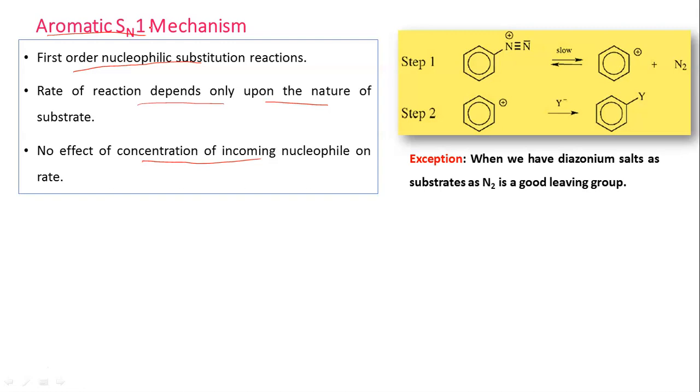It is different. So this reaction mechanism, unlike the previous two, that is the SNAr mechanism, which is number 1 we have seen, and number 2, the benzyne mechanism. Unlike these two, this number 3, the aromatic SN1, is not very common. We can see this type of mechanism only when there is formation of a diazonium salt as substrate.